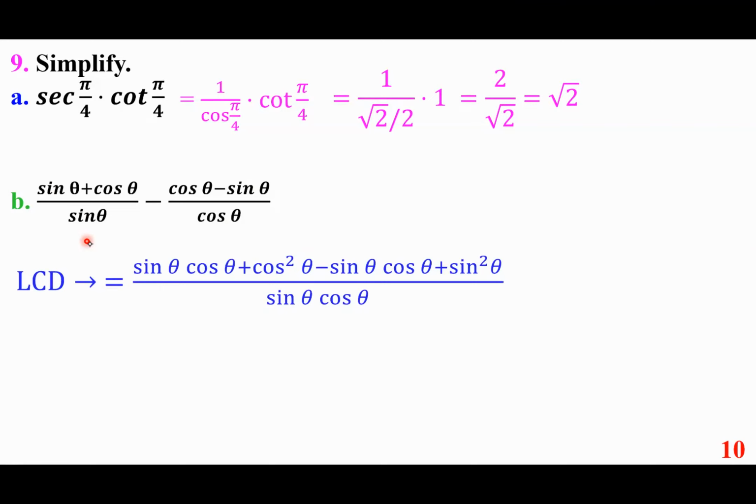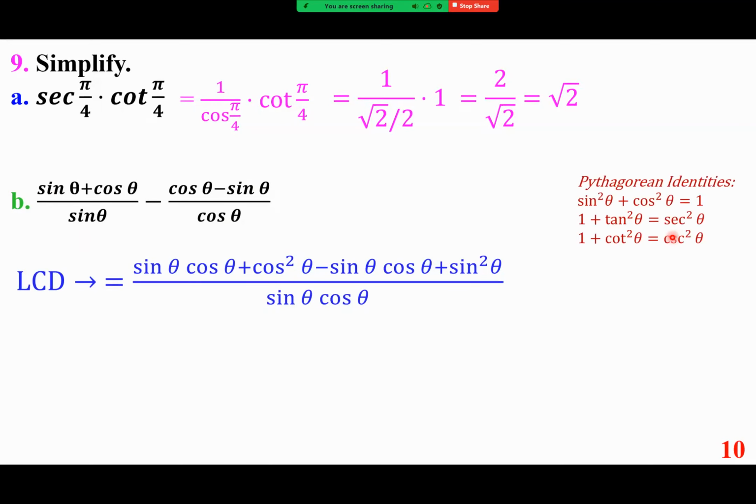All right, we know the Pythagorean identity. Sine squared plus cosine squared is 1. Also, 1 plus tan squared is secant squared. 1 plus cotangent squared is cosecant squared theta. You may remember, if you divide both sides by sine squared, you get this one. If you divide by cosine squared, you get this one. And so if that is the case, then